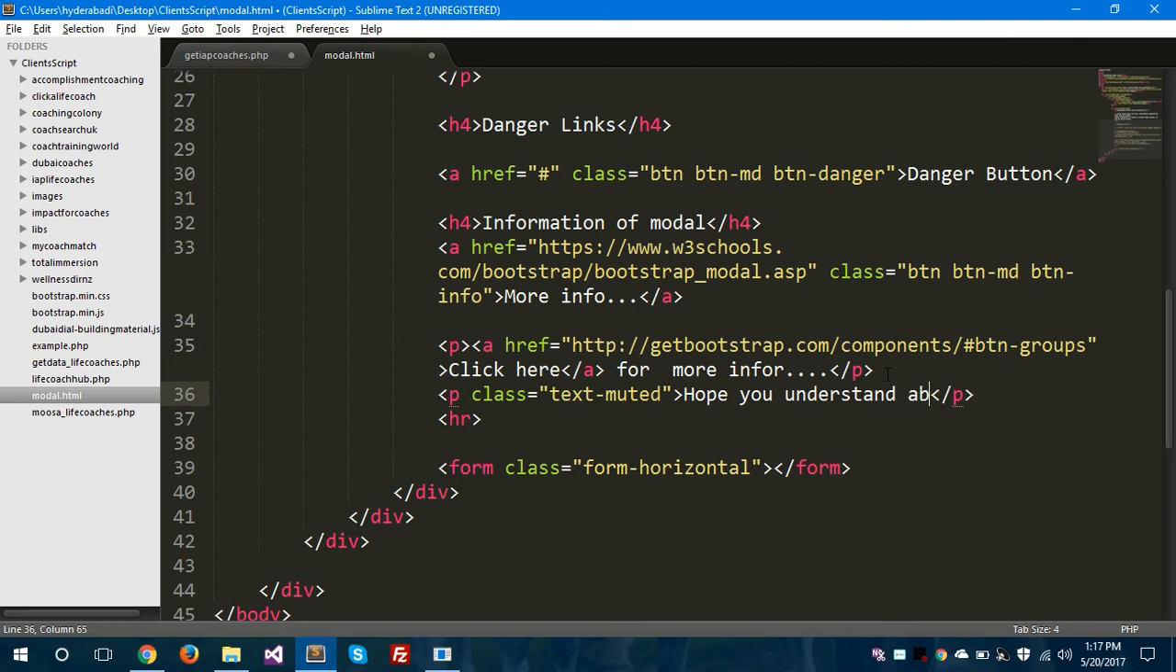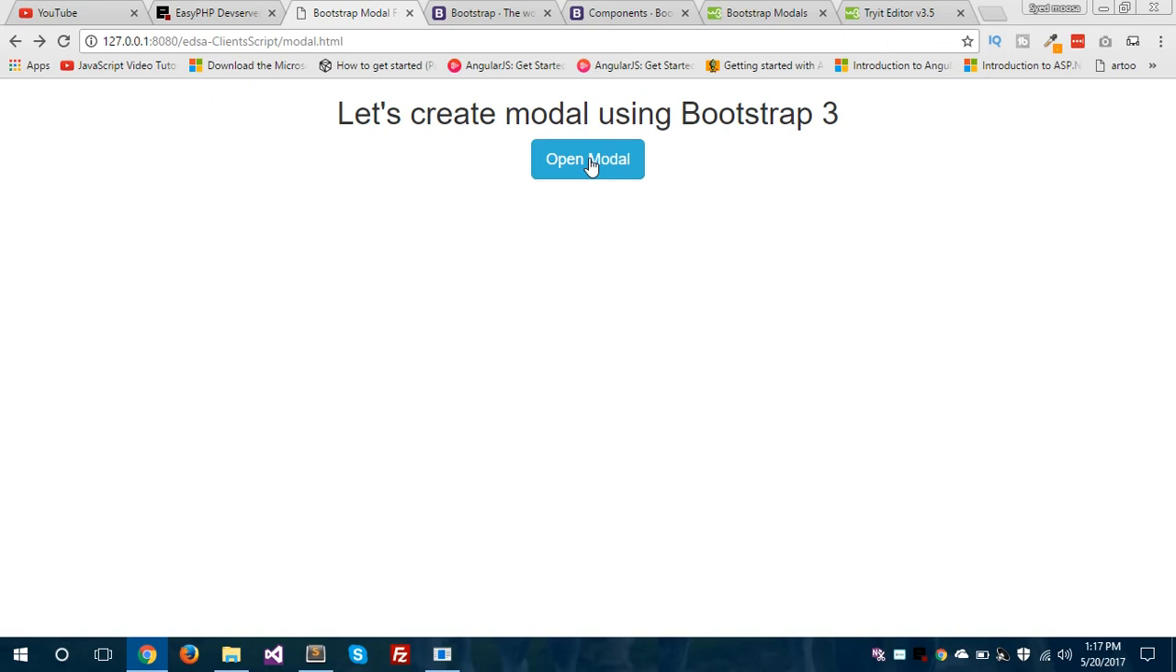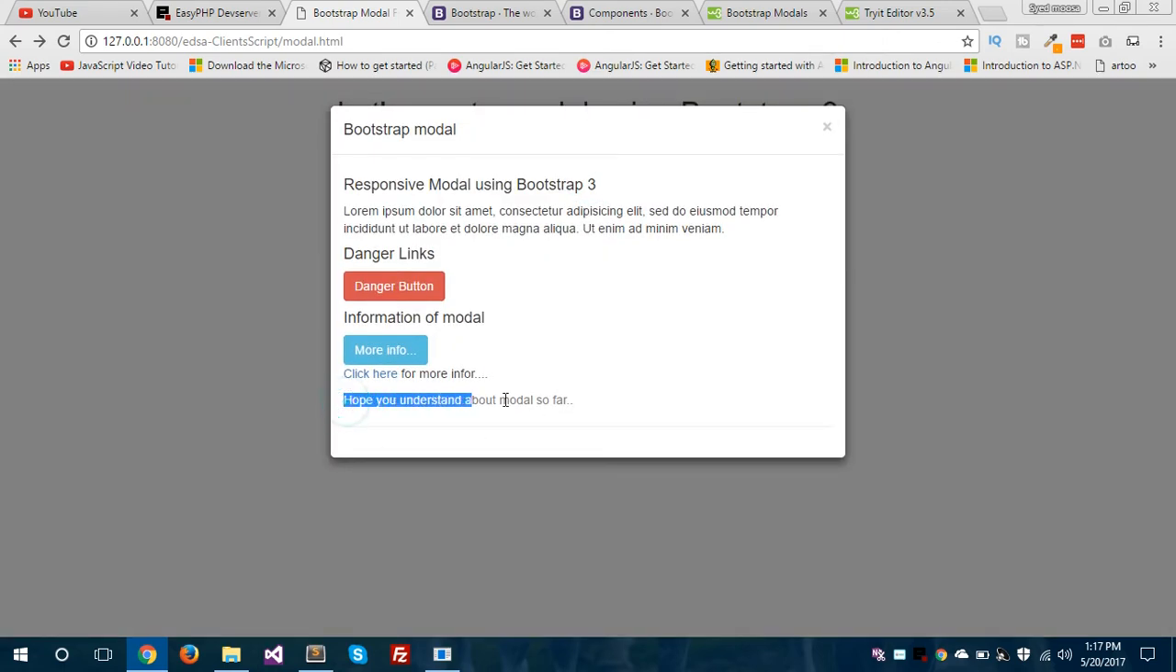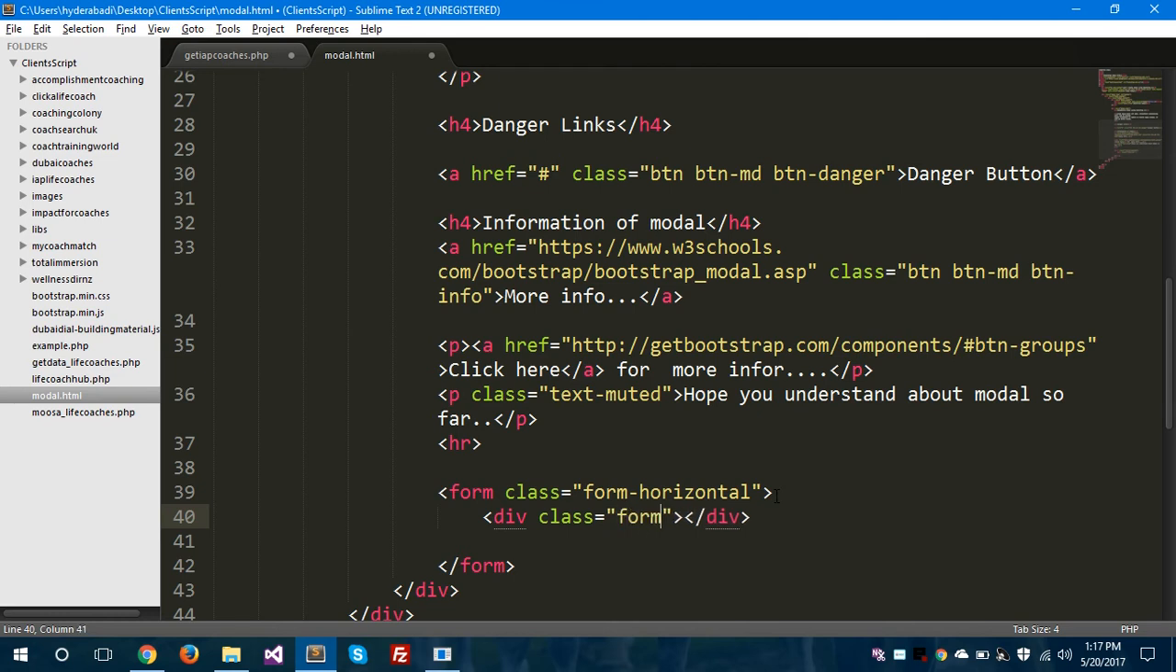Hope you understand about modal so far. Let's save this and let's hop to the browser. As you can see here, it is in a muted format. Text-muted is also a class of Bootstrap. So inside this form I'm gonna take one div tag called form-group, and inside this form group let's take